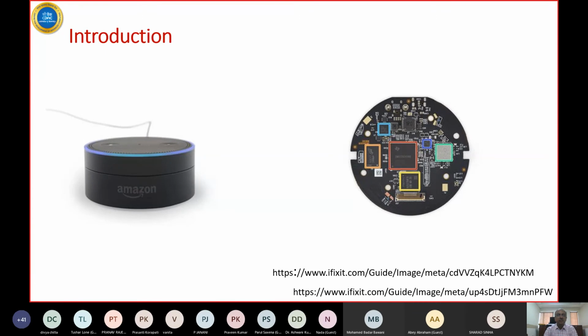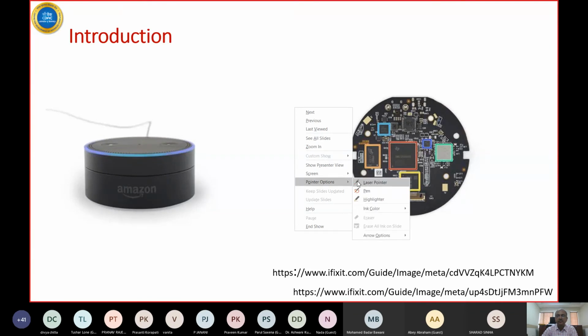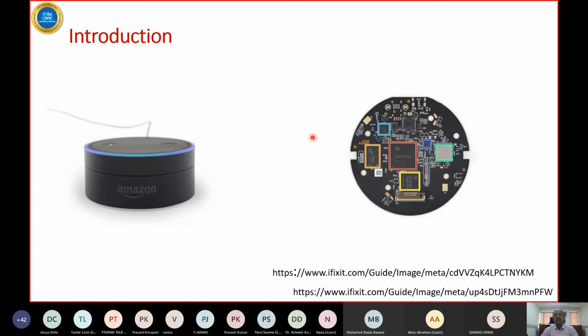He had shown an Echo Dot, and he had also shown what's inside that. So now here, let me just turn it on. All right. So this is the Echo Dot as it looks from outside, and internally, if you try to see what is inside, you will find that it has a few chips, some sensors, and one of them is a microcontroller and some wireless controller, etc. So that is inside this.